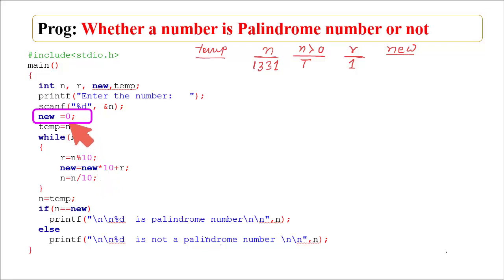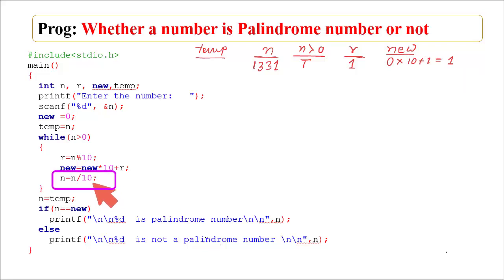Say I have used here new is equal to 0. So what will be the value here? 0 multiplied by 10 plus r. What is the value of r? r is 1. So this is 1. In the variable new, now the value is 1.